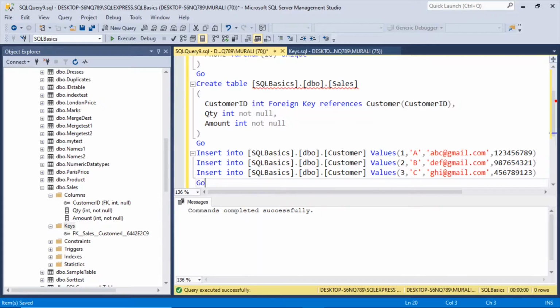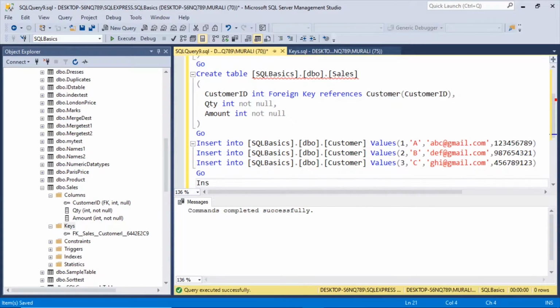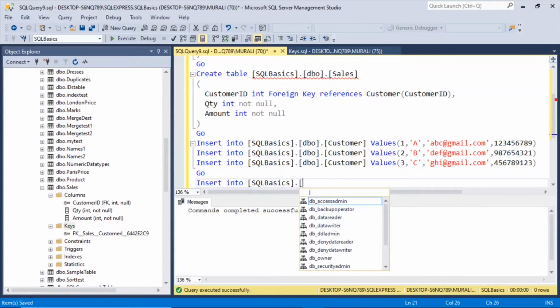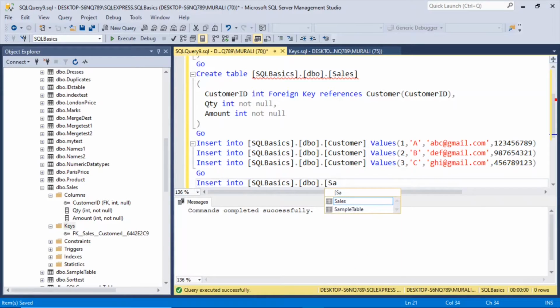And into the sales table, insert into SQL basics dot dbo dot sales values 1, 10, 100.